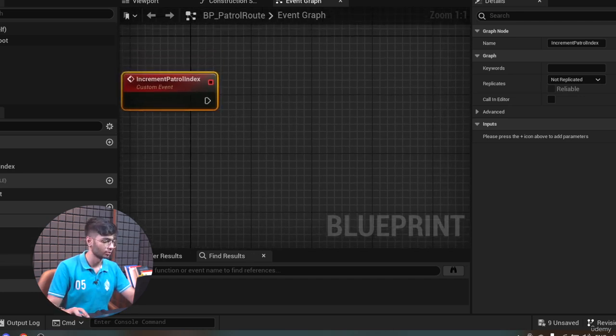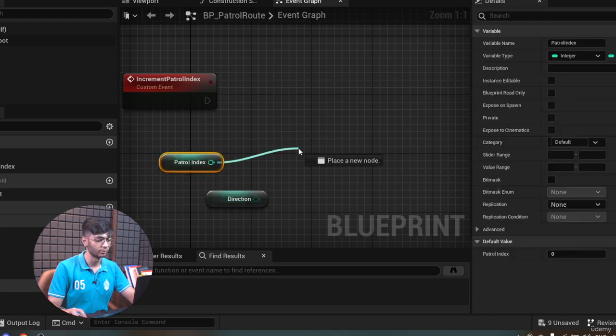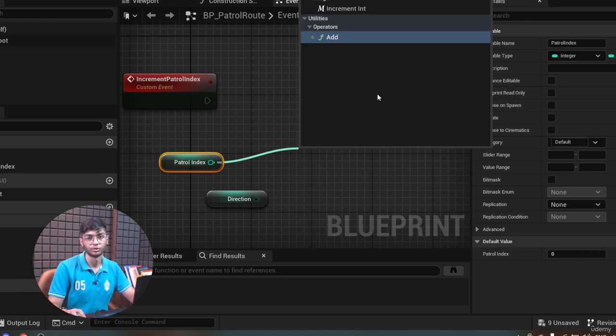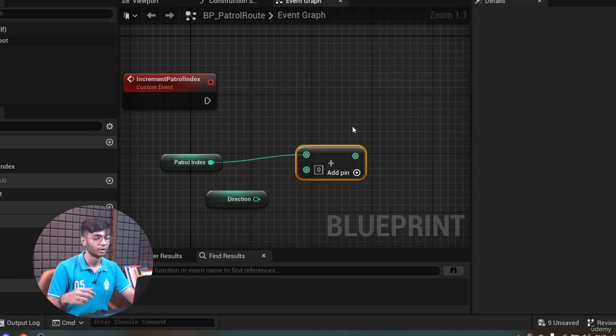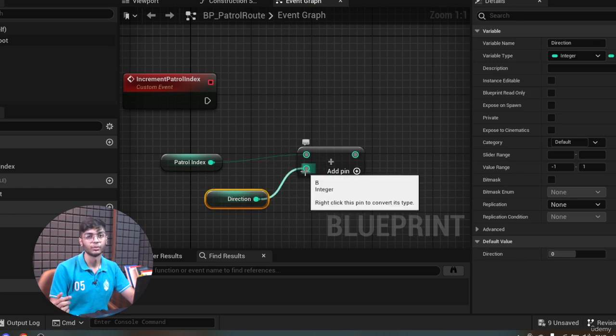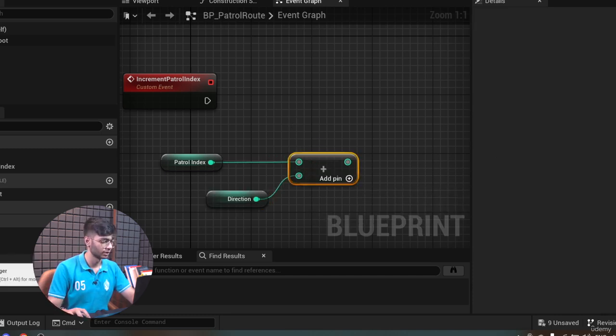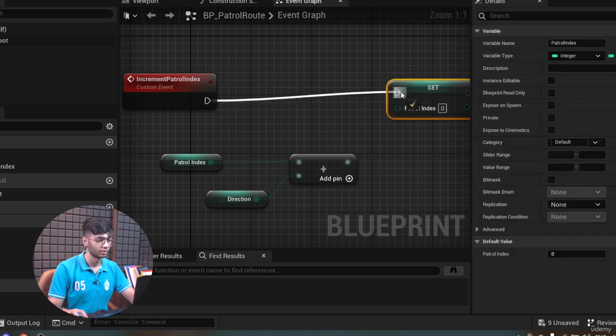So what I'm going to do is that I'm going to get the direction here, and along with that I'm going to get the patrol index as well, and to that I'm basically going to add the direction to the patrol index. So if it is moving forward, the patrol index will be increasing. So since direction is +1, so patrol index +1 will be basically the next index, and if it is moving backwards, then it's patrol index -1, so it will be moving behind, so the previous index. So I'm going to set that as the new patrol index right here,